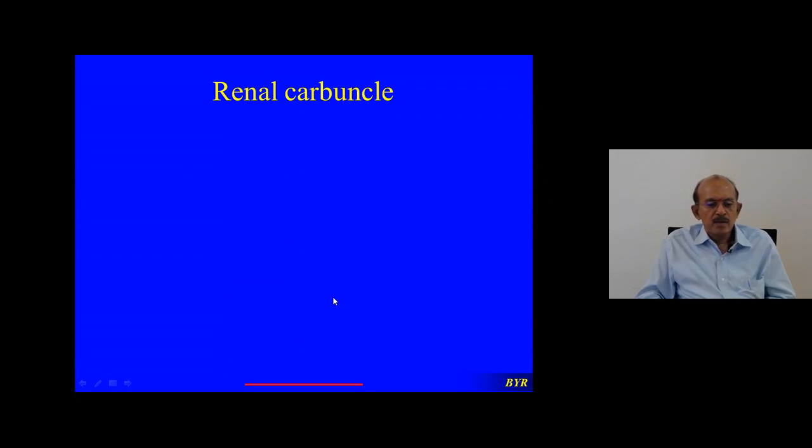Okay. Some time ago also I asked this question. So okay, I will tell the definition. Please note it and then learn it by heart. That's very important. Carbuncle is a spreading infective gangrene of skin, subcutaneous tissues, and kidney. I repeat again. It is spreading infective gangrene of skin, subcutaneous tissues, and kidney.